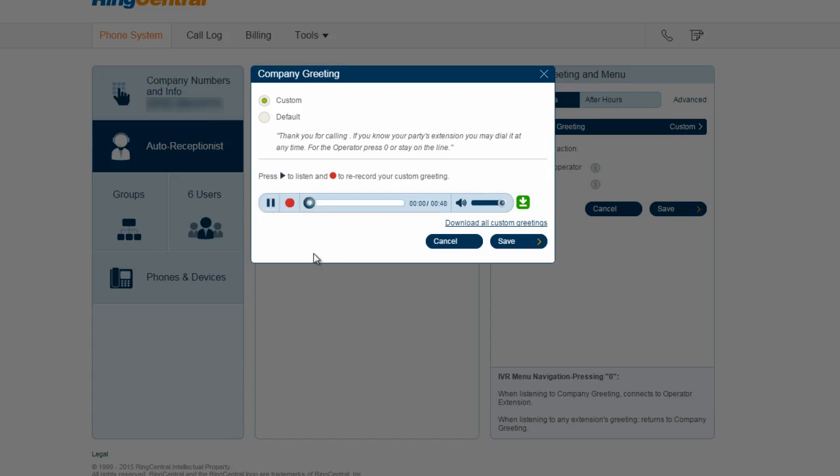Hello, and thank you for calling. Your party's extension, you may dial it at any time. If you are calling to find out more information about selling your property, please press 1. If you are calling for more information about one of our properties for sale, please press 2. If you have an existing loan with us and have a question about loan servicing, please press 3. For our office location, mailing address, and other contact information, please press 4 or visit our website at